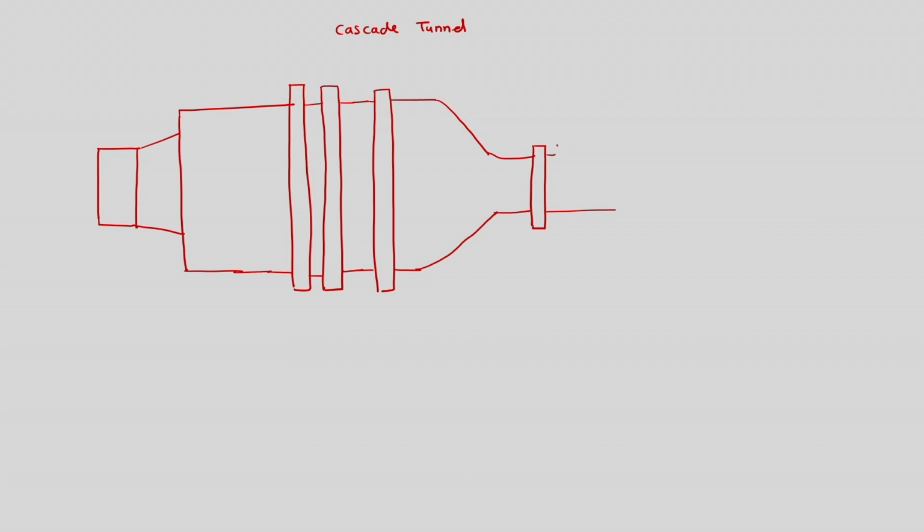The same different parts can be seen here as well, but the difference would be in the test section of the wind tunnel. In a wind tunnel, we would have test sections where models will be mounted, but in this case we would not have a model mounted in the test section. We would have our cascade mounted at the end. So this is the cascade or row of blades, and then this is the blower, which is allowing air to enter and flow into the tunnel.